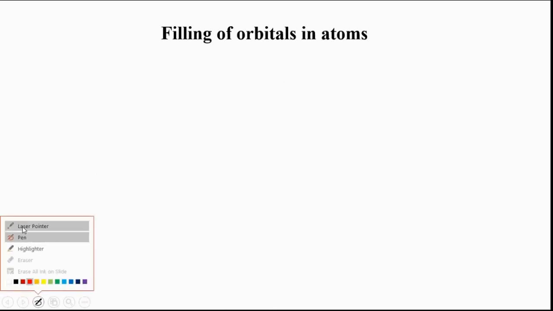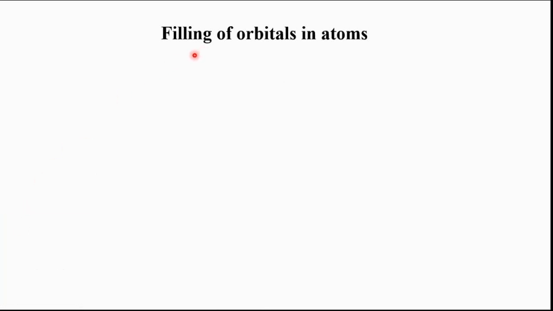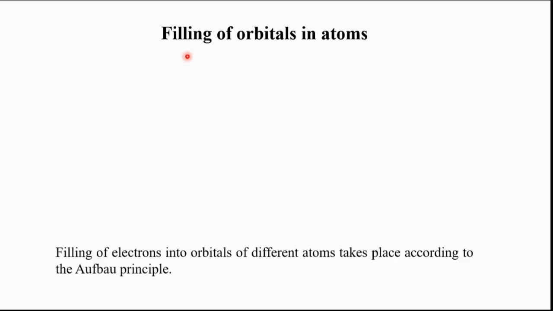So in this video, we'll be learning about the filling of orbitals in atoms. Last lecture, we learned about the energy levels of the various orbitals, and since we know the energy levels, in this video we'll learn the rules to fill the electrons in these energy levels. So the primemost rule for filling of orbitals in atoms